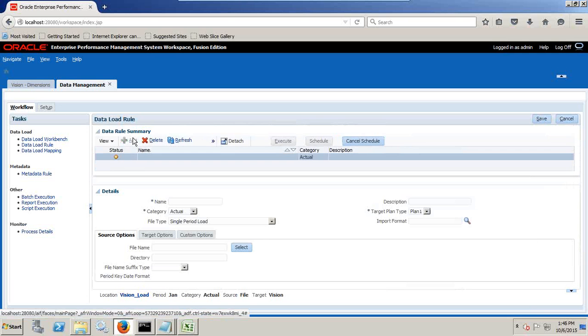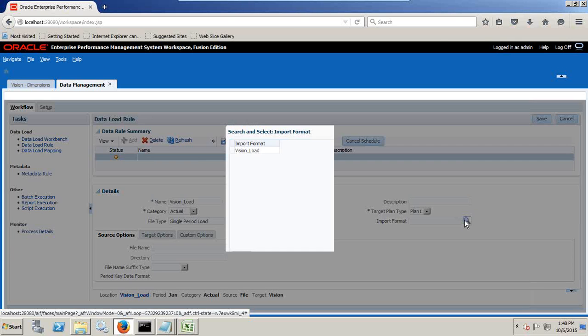Click on add. Name it vision load. For the source, I'm going to use the category actual. We have an option called actual and budget. However, I'm going to use actual as the source category, and the target is going to be the plan one application. Point your